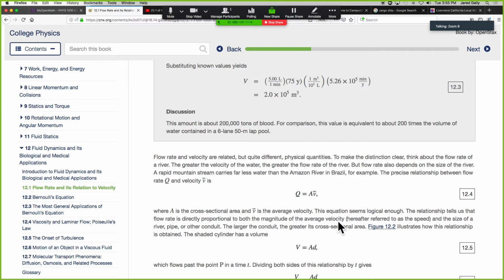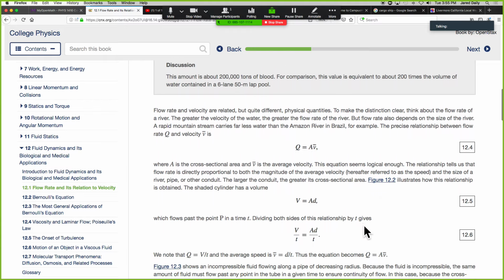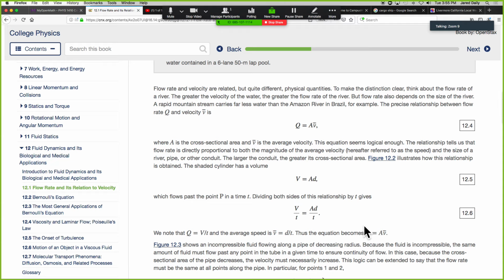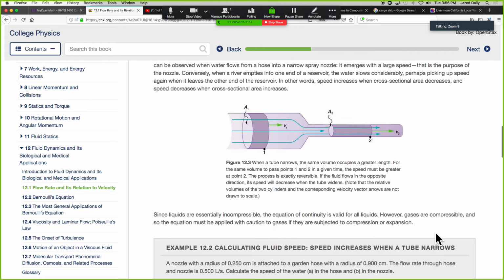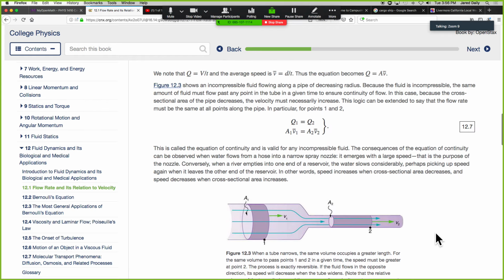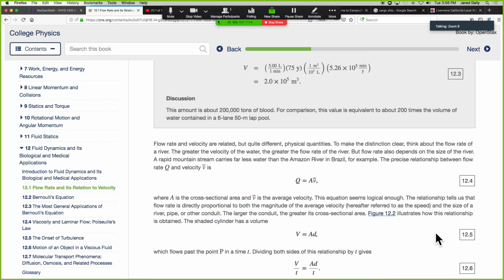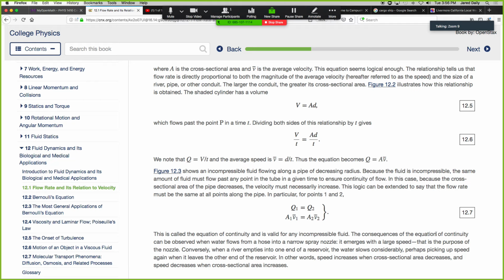So anyway, there is our flow equation. The flow is the cross-sectional area times the average velocity. And it's kind of interesting because the flow in a closed tube has to obey this kind of rule. I can't remember whose law this is, but it's called the continuity. It's called continuity. And imagine it's like a